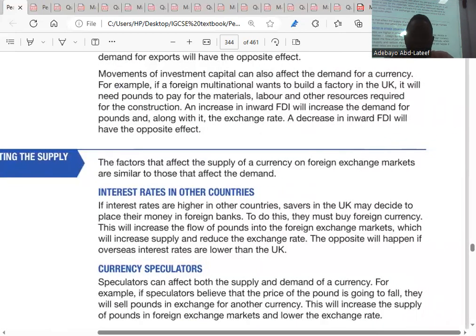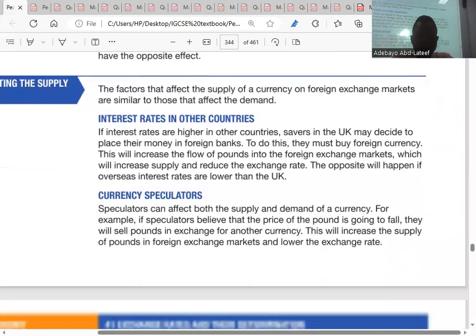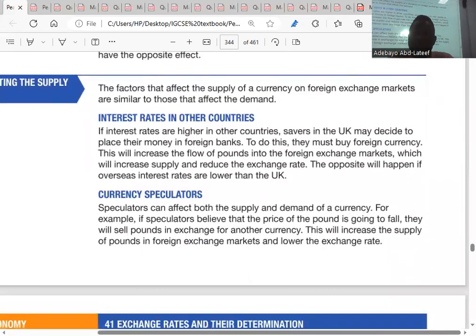The factors that affect the supply of a currency on foreign exchange markets are similar to those that affect the demand: interest rates in other countries. If interest rates are higher in other countries, savers in the UK may decide to place their money in foreign banks. To do this, they must buy foreign currency. This will increase the flow of pounds into the foreign exchange market, which will increase supply and reduce the exchange rate. The opposite will happen if overseas interest rates are lower than the UK. So now,